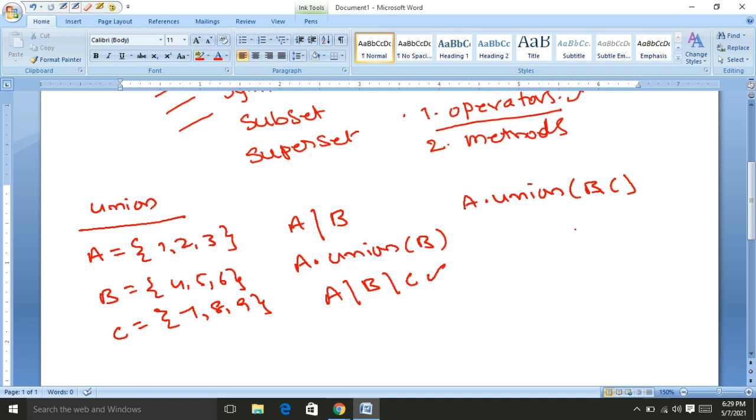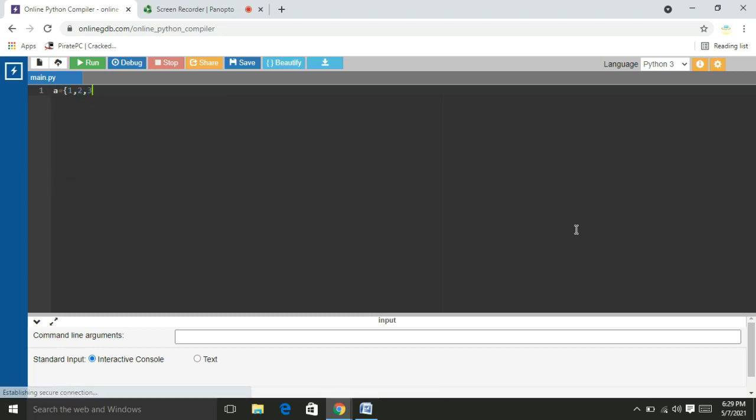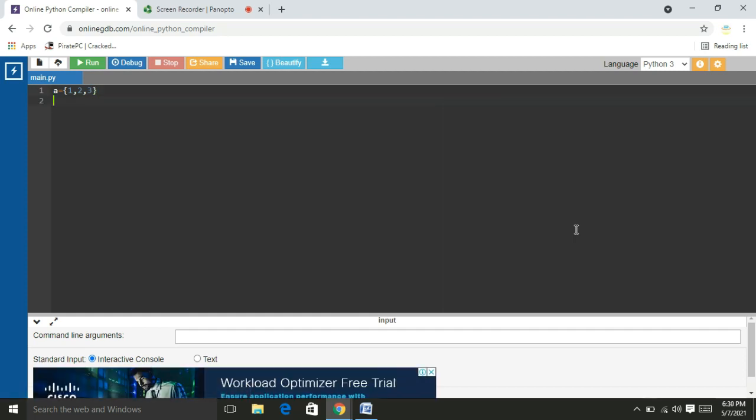To demonstrate the same, I go to the Python online compiler. Here I am creating set A equal to 1, 2, 3, set B equal to 4, 5, 6, and set C equal to 7, 8, 9.